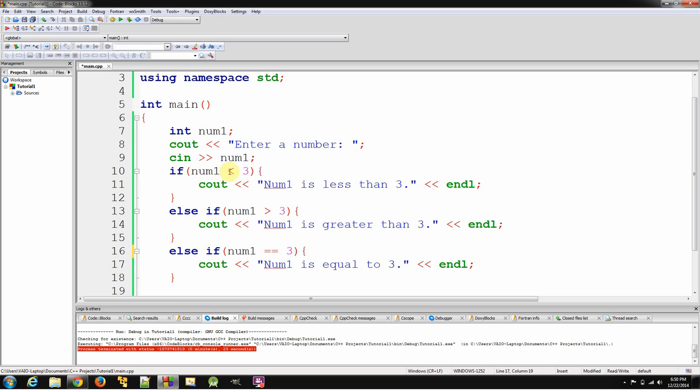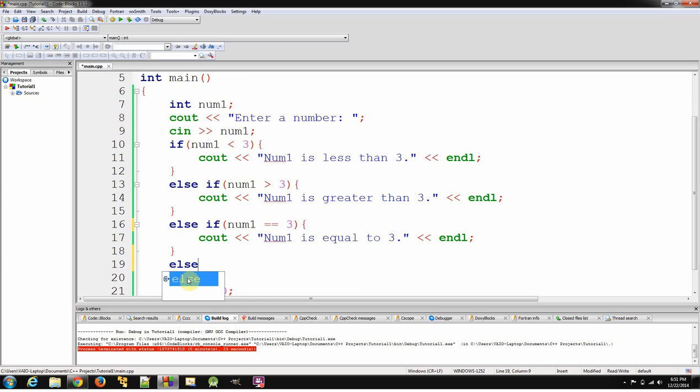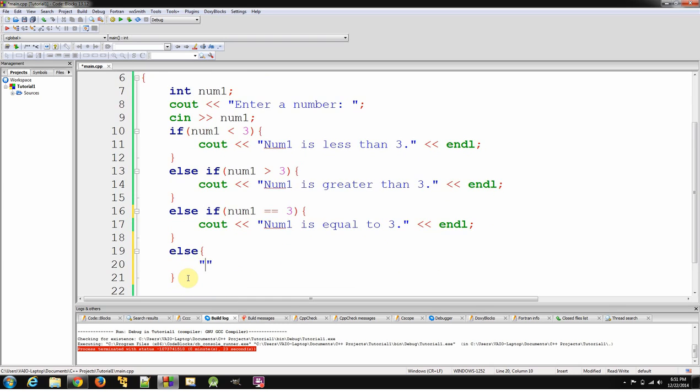So basically it's saying if num1 is less than 3, do this. Else, if num1 is greater than 3, do all this. Else, if num1 is equal to 3, then say num1 is equal to 3. And that's the same thing as just saying else, do this, because those are really the only 3 possible outcomes. But you can see if you had a whole bunch of different statements, how you might just want an else statement at the end to return a default value, such as, for